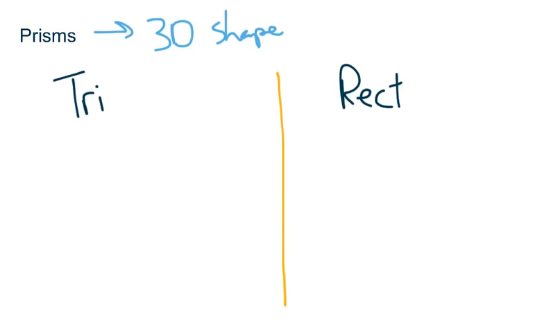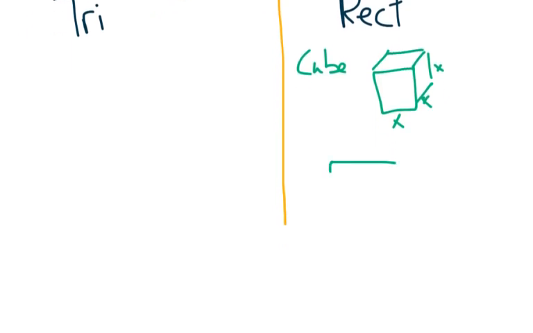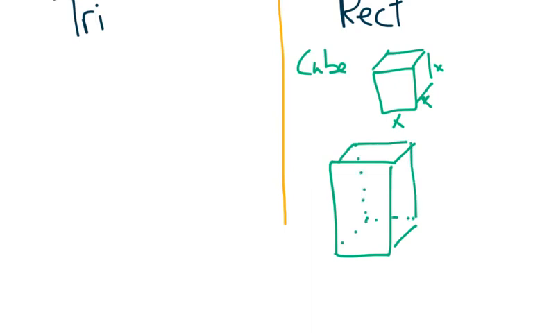They could be something like a cube that looks like this right here, where each one of these sides is the exact same measure. Or they could be shapes where the sides are not necessarily the same size, so it could look like this. And so this would be our rectangular prism. Two of the sides might be the same and the third one might be different, or all three might be different. But the big thing we have to take from this is that we have a length, a width, and